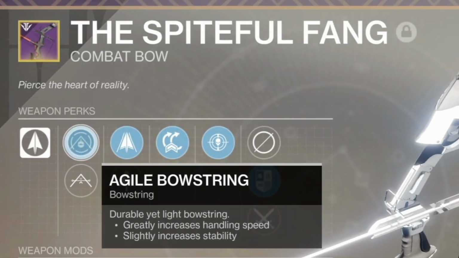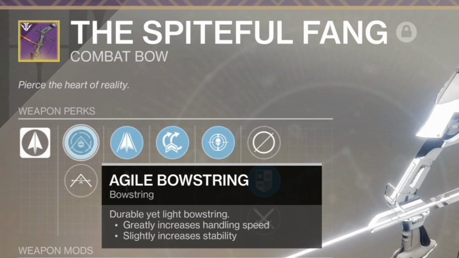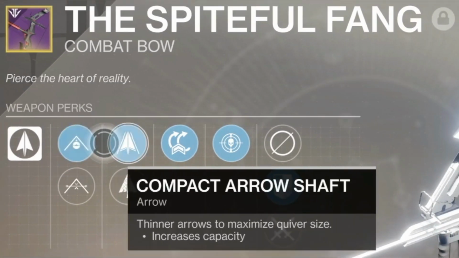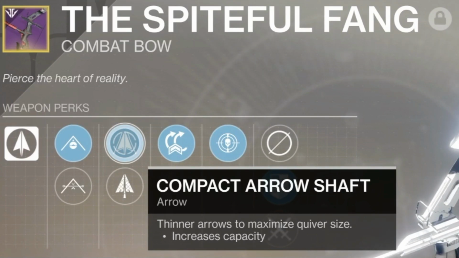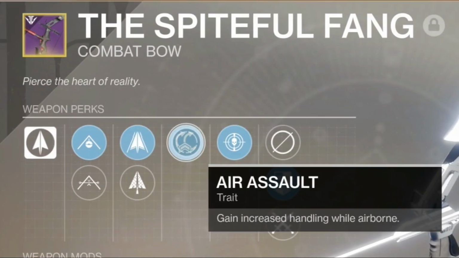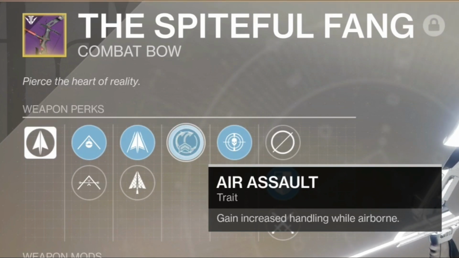I farmed probably 15 of these bows until I came across this one, and this is the one I decided to masterwork, but I have Agile Bowstring for faster draw speed, making it a little bit lighter and more agile. I have another perk for more accuracy, but I actually liked Compact Arrow Shaft to have more arrows in harder activities when you have to use a lot more of your bow than normal. And I just want to mention this, I'm not going to start maining a bow or anything. This was just a test that I was using basically, and just to show you how bows really do kind